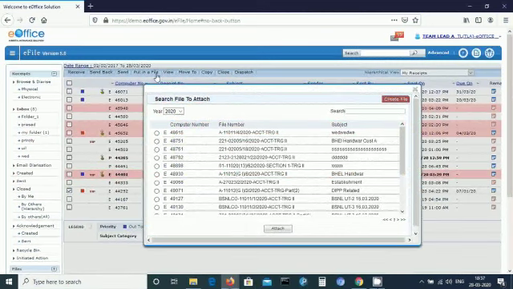If you want to put the receipt in a previously created file, then you have to select that file and click on the attach option. You can search this file by the criteria of year and search option.